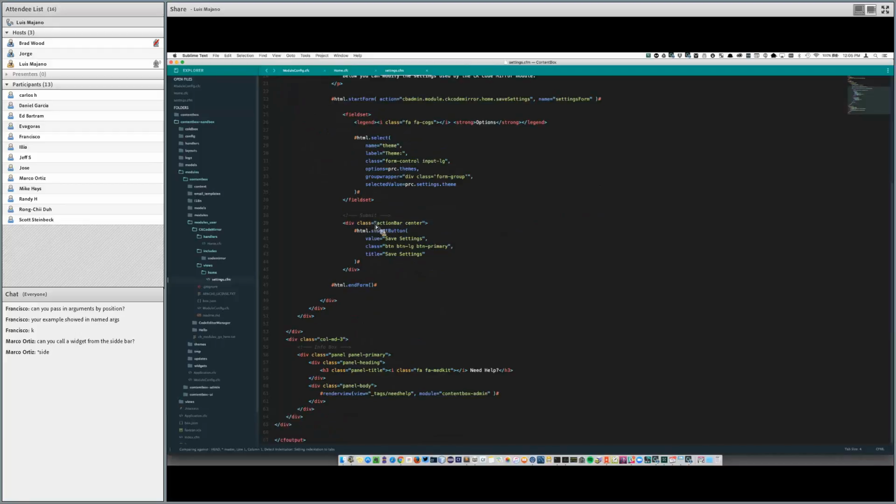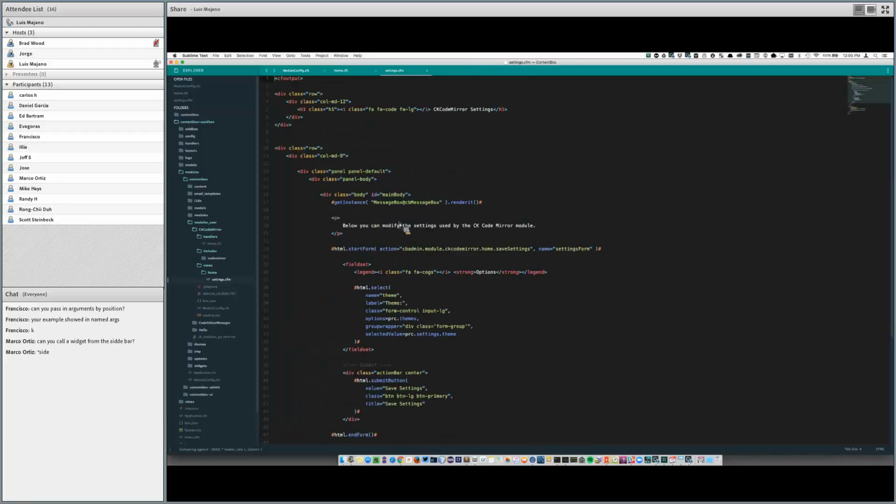All right, so let's look at how this works. I'm going to go back in here, and I'm going to activate the CK Code Mirror. And that's it. It is activated. You can see here that here is the menu contribution for CK Code Mirror. It builds a nice screen with the options that I have available. There will be many options available in the future, but right now I can just choose the theme that I want, okay, and save my settings.